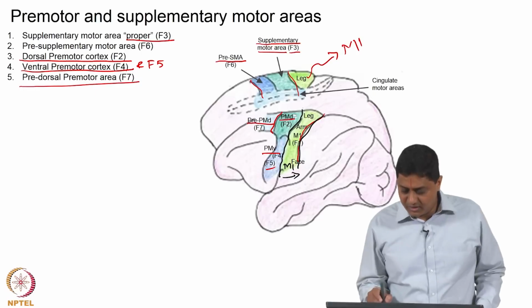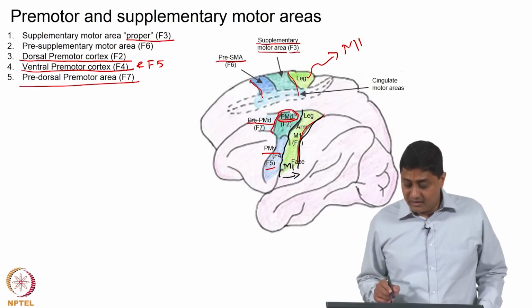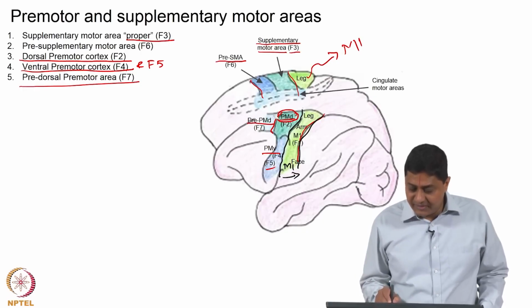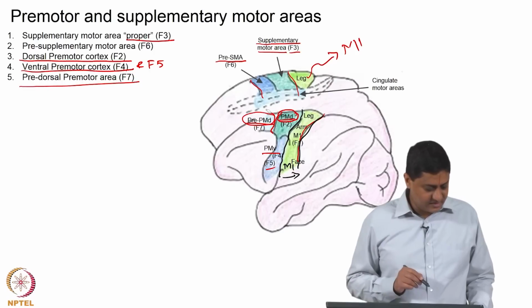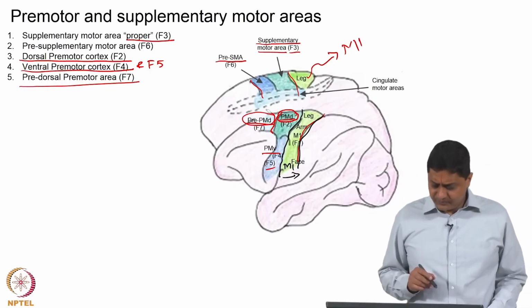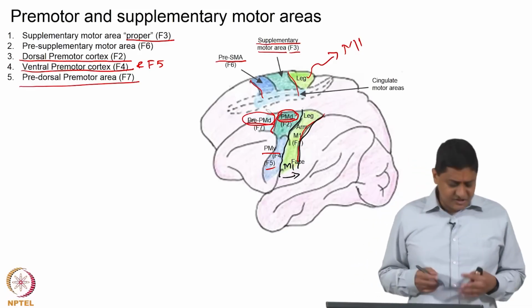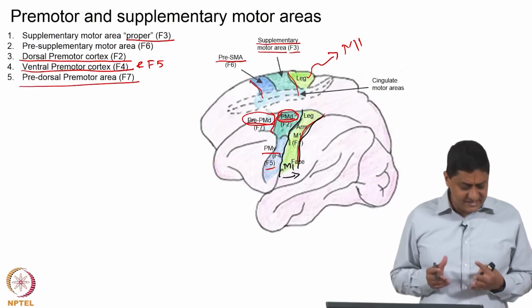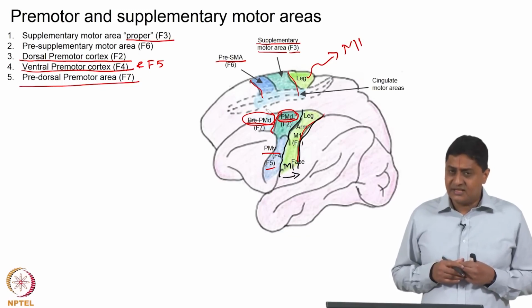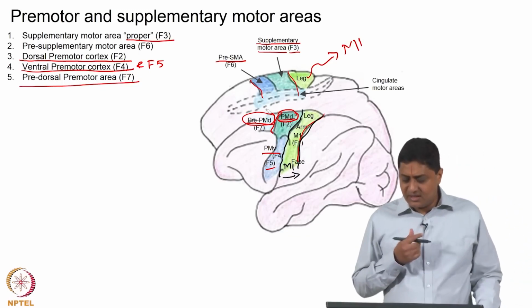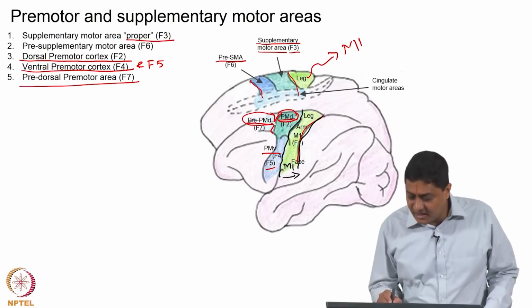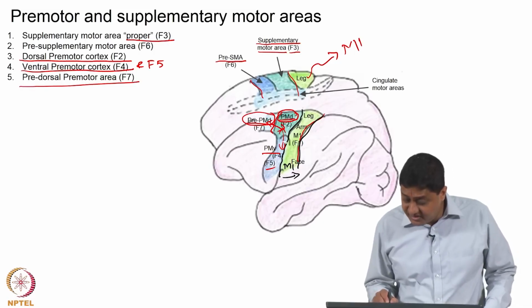The more caudal one is called the dorsal premotor cortex, and the more rostral area is called the pre-dorsal premotor cortex. Okay. Now, how has this division been made? Based on functions. So, these are functionally distinct regions. These regions, it turns out, have interconnections among them. So, there is interconnection between these areas,